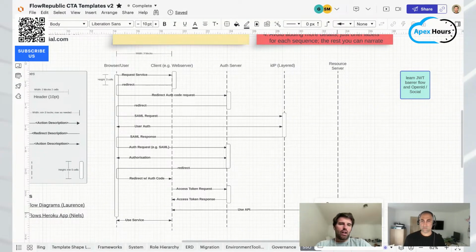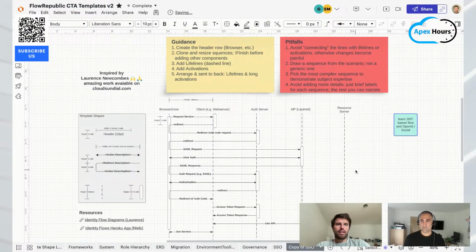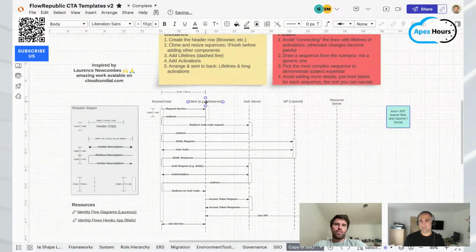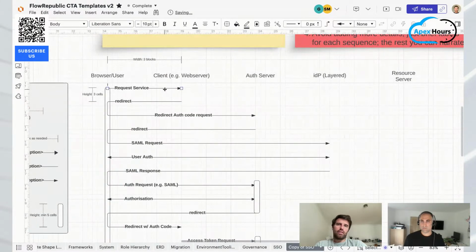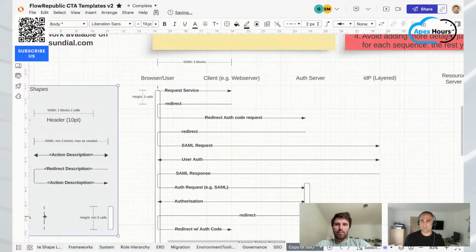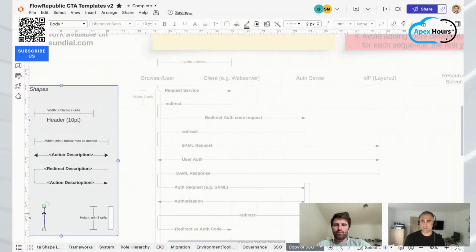Now, as for how to create them, what we are suggesting is to start with the labels, like the header, browser, client, web server, etc., and not having those swim lanes, not having those activation lanes, but simply going through the different sequences and just sizing the arrows accordingly to make it easier for you. Okay, and only in the very end, you actually start going in by adding those, because what happens, what you can see in a second here,